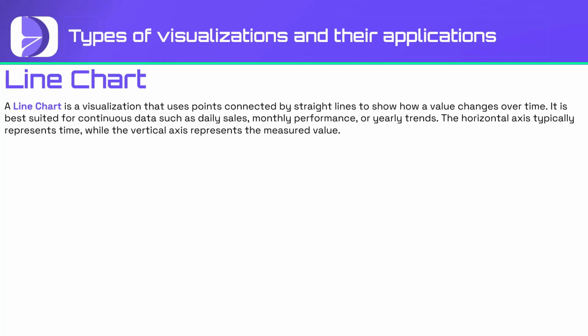So before I go ahead into breaking this down, let me just say this: whenever you want to compare values over time, time could be months, quarters, years, days, or weeks, the best chart to use is a line chart. A bar chart or a column chart also creates more insight,